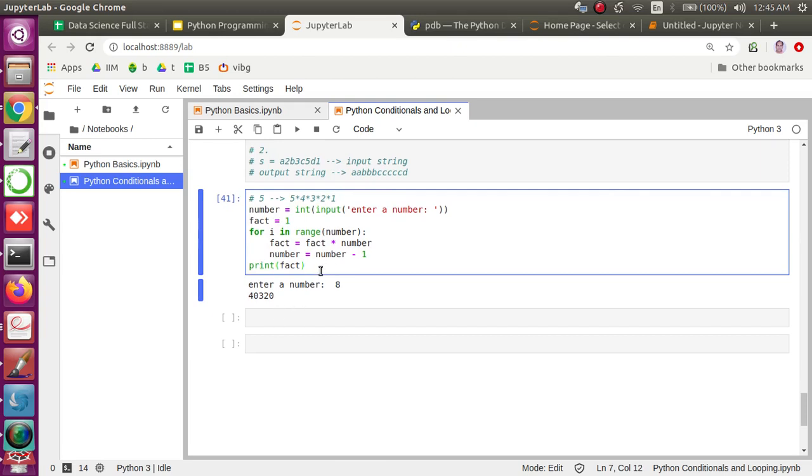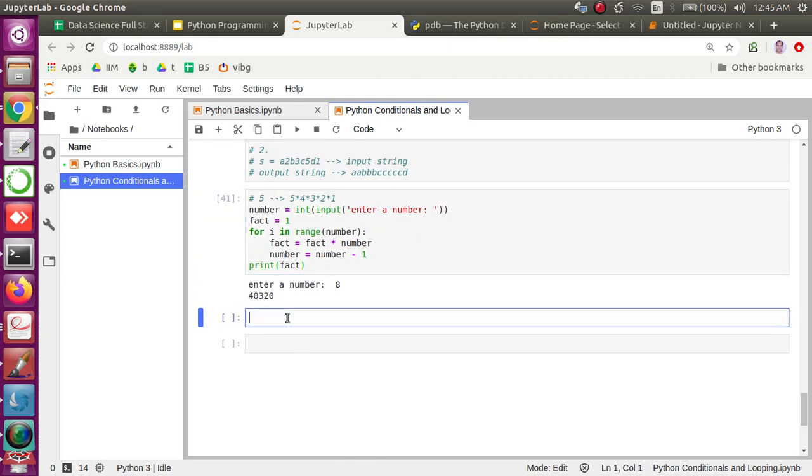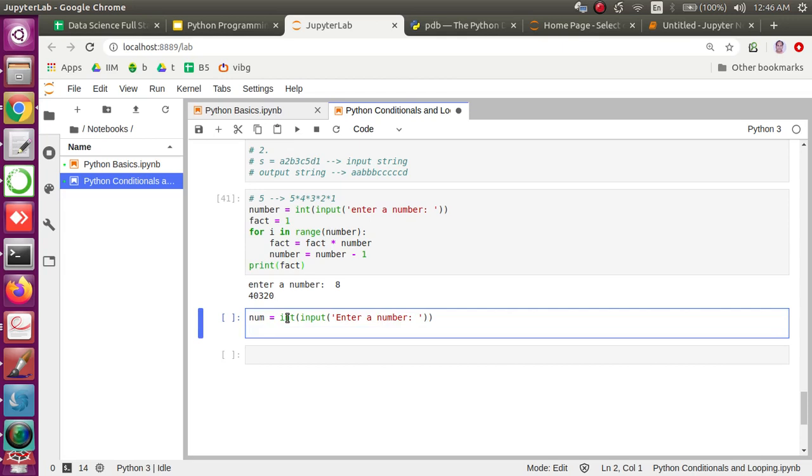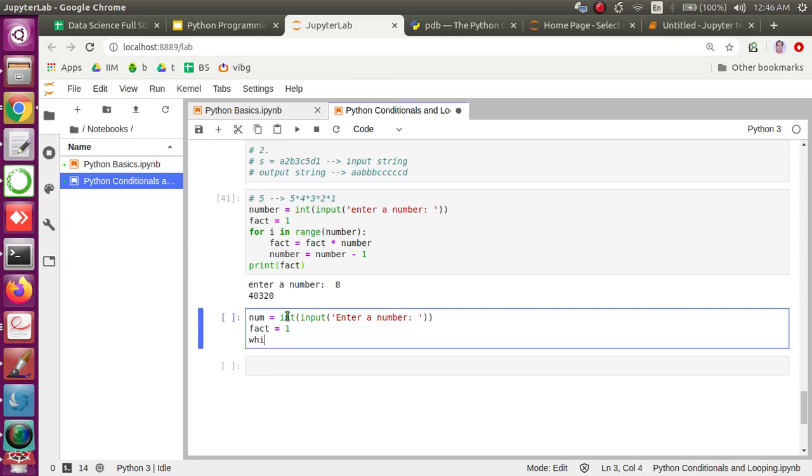There is an alternate way for the same. We can use a while loop, because here there is no definite number of times we are going to iterate over. Let me take one more example here. Using the same example with the alternate method, enter a number. I use the same multiplier, then I use while num is greater than 0.